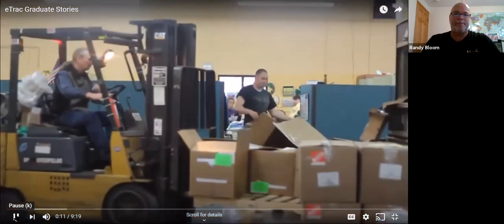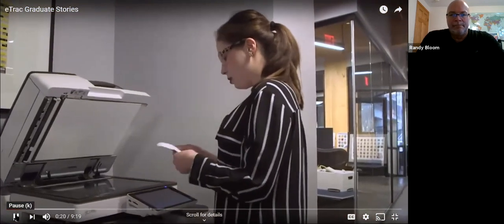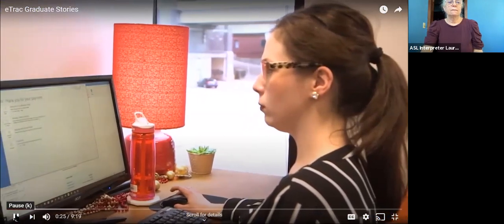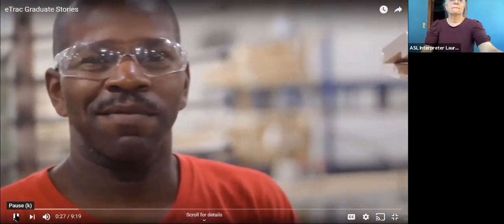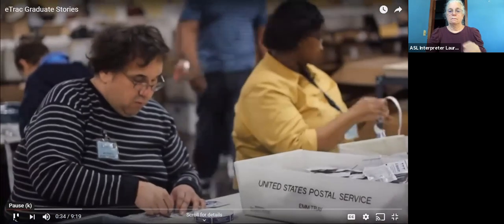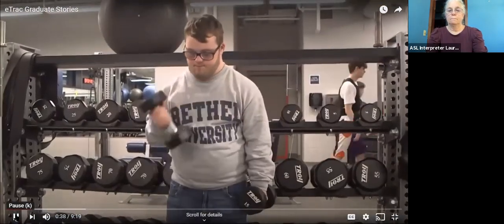A job is more than just a way to earn money. It also helps you become more independent, achieve your goals, and create the future you've always dreamed about. Finding the right job doesn't just happen. It takes hard work, planning, and patience to build a career. E-Track is an innovative online vocational training tool that teaches job search skills to people struggling to overcome common barriers to employment, such as disabilities, gaps in employment history, or mental health challenges.